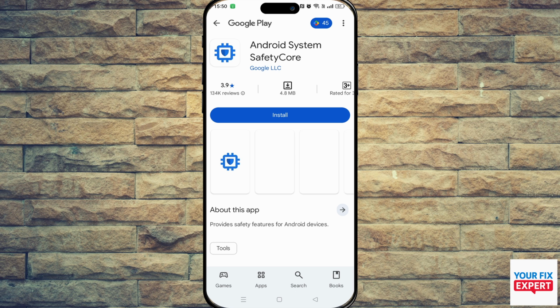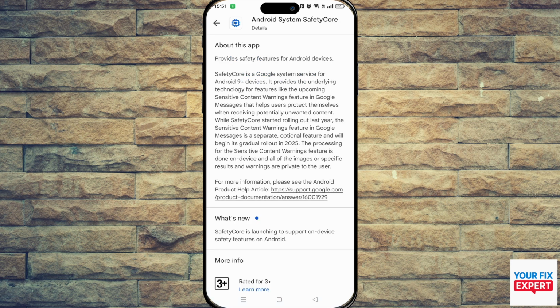So, SafetyCore is a Google system service introduced in October 2024 via Google system updates. It's designed to power on-device safety features like Google Messages sensitive content warnings, which blur out nudity and warn before viewing certain things. I'm sure you've seen it in apps like X, formerly known as Twitter. So if any content is too graphic, they will blur it out and then ask you,